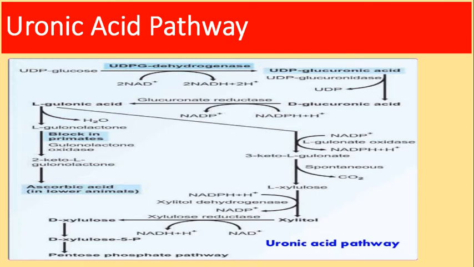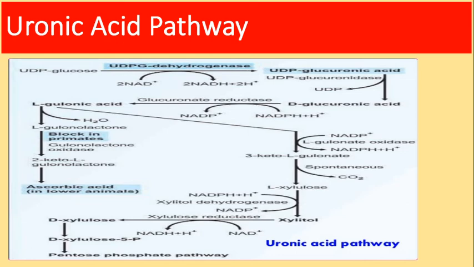So the main significance of this pathway is that it is responsible to produce glucuronic acid. Glucuronic acid is required for the synthesis of mucopolysaccharides and also for the detoxification and excretion of foreign substances, xenobiotics. That is, this glucuronic acid is responsible to conjugate phenol, benzoic acid, chloramphenicol, all these drugs. All these drugs are detoxified with the help of this conjugation reaction with D-glucuronic acid, and glucuronic acid will conjugate with these xenobiotics in the presence of specific enzymes to yield a water